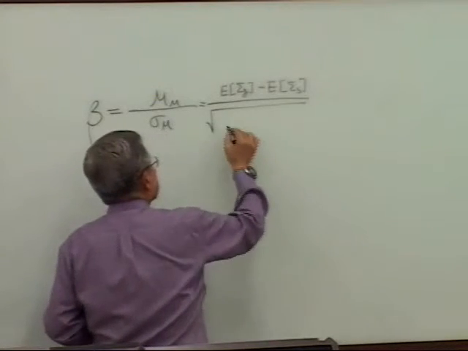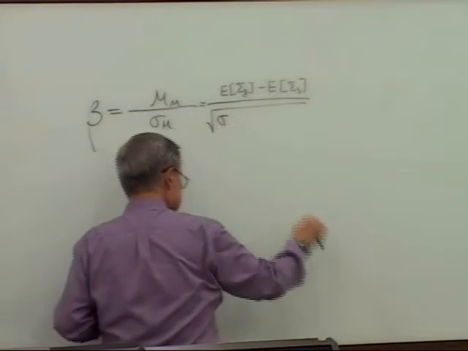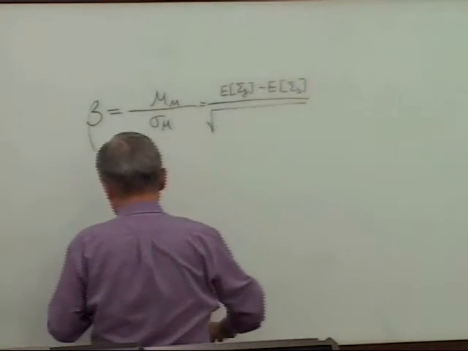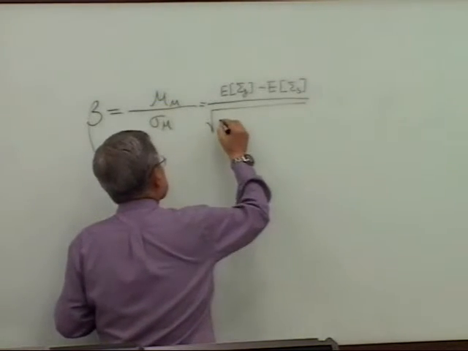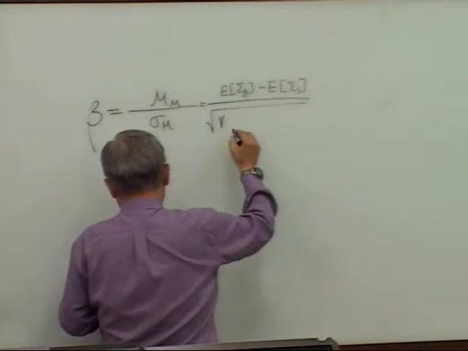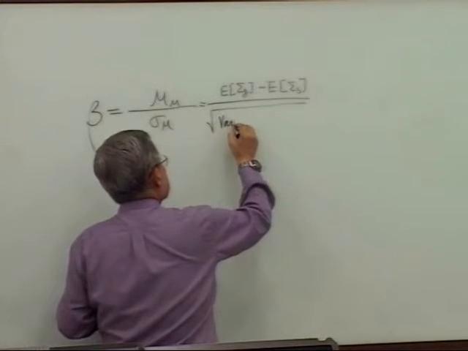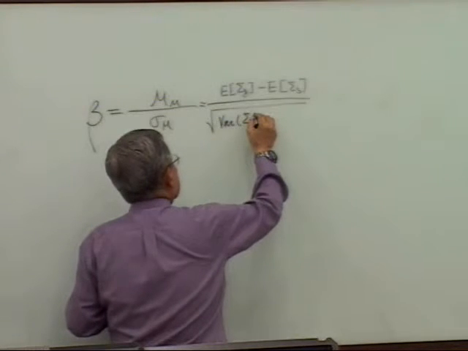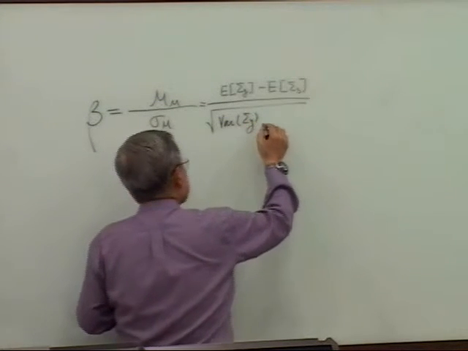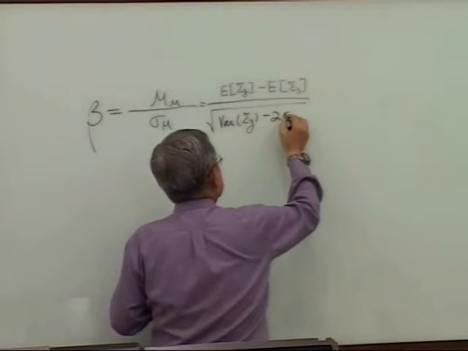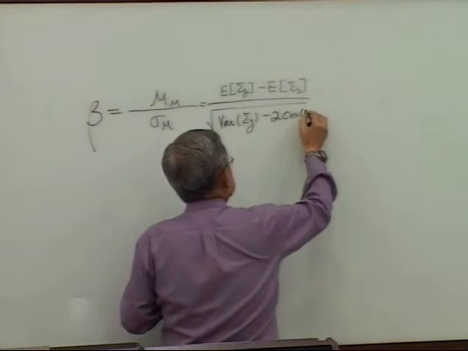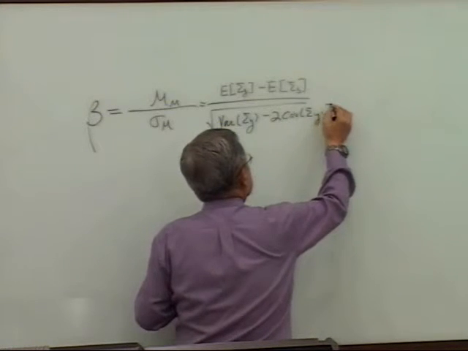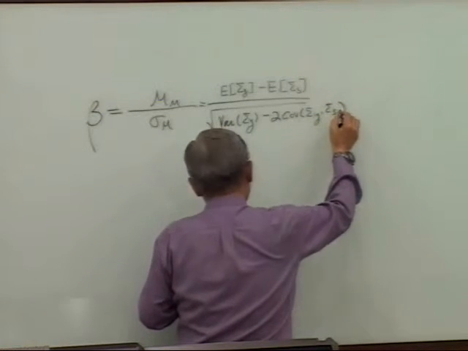Square root of variance: y minus 2 covariance sigma y, sigma s,